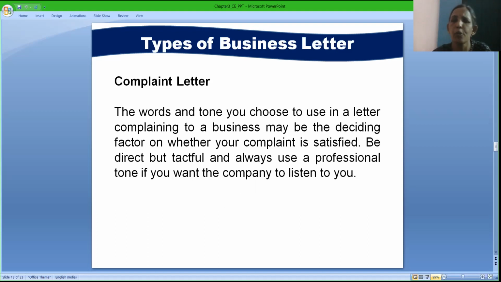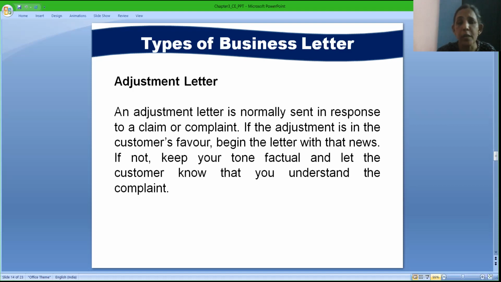You are the reason for the problem that is raised. So it could be a complaint raised against you, or a complaint raised by you. So always remember, a complaint letter could be in both ways. It could be handled by the person, or it could be responded to the other person. Adjustment letter. Whenever you agree after a complaint is written, when someone says, okay, fine, your complaint is addressed now and we are ready to forego your loss, then we write an adjustment letter. This adjustment letter is generally made against the complaint letter.